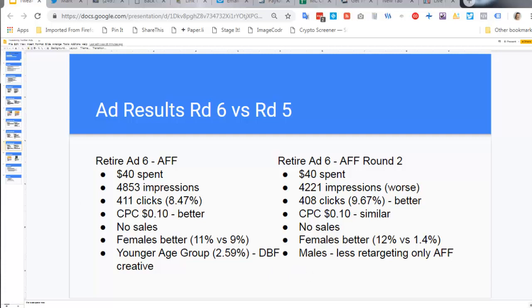And then the next thing in this one here, you learn the mistakes that you're making. I had less retargeting in the males. In this particular one, I was retargeting people who'd responded to the affiliate oracle, whereas the female, I had them responding to both ads. The more retargeting, the better. And we can see the impact that retargeting had. It dropped the males right down compared to where the females were. So retargeting definitely is an important part of what you do.